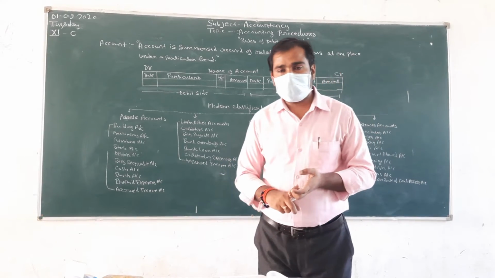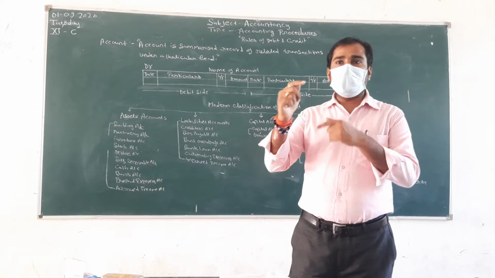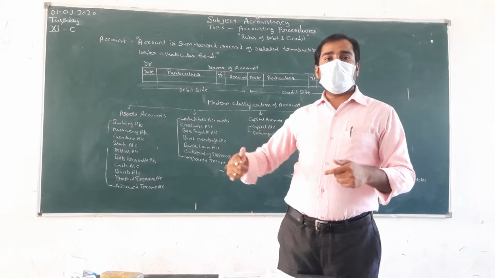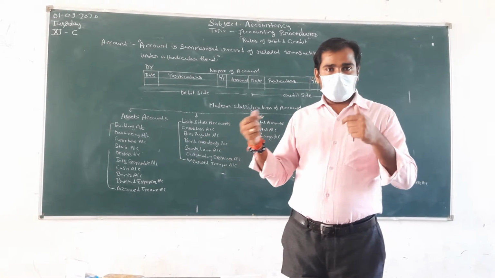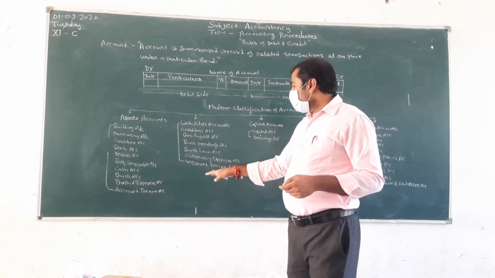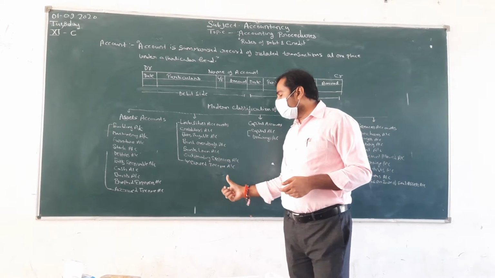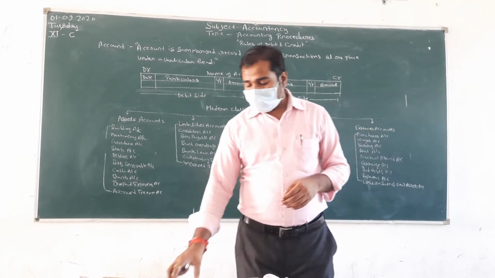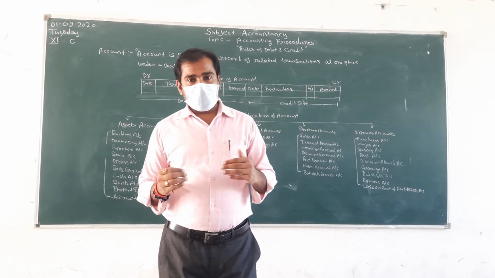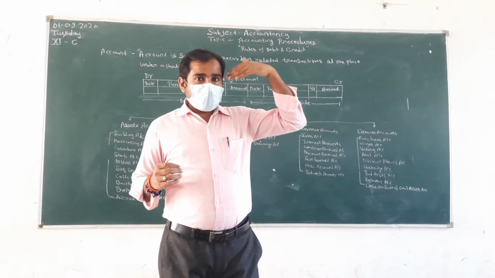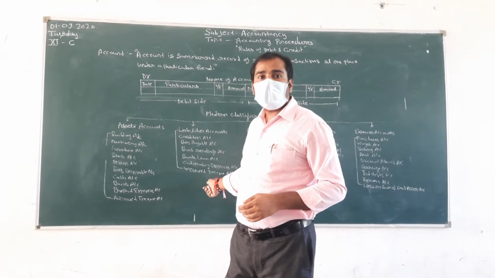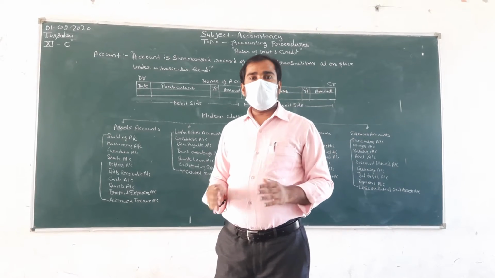Outstanding expenses means the expenses which are yet to be paid. It means that if I have to pay the rent of the previous month but I haven't paid it, it is known as outstanding expenses. The last one is unearned income. Unearned income means the income received before it is earned. It means that if I received the income of the month of October in the month of September, it is to be considered as unearned income, and unearned income is our liability.